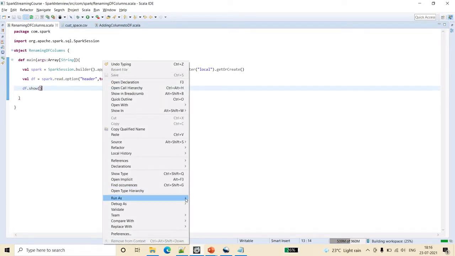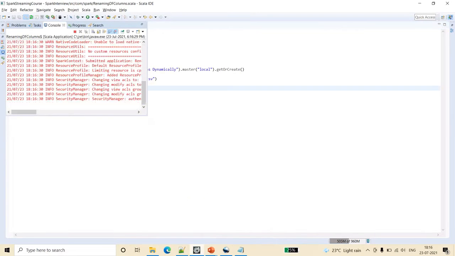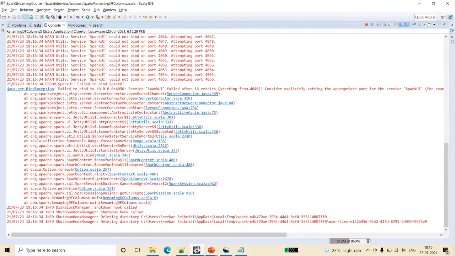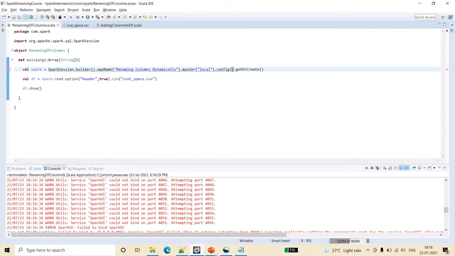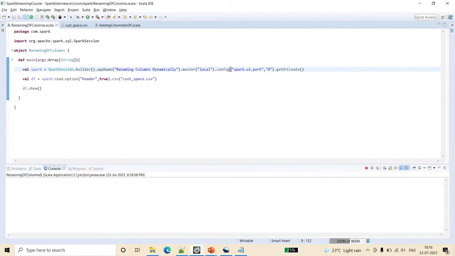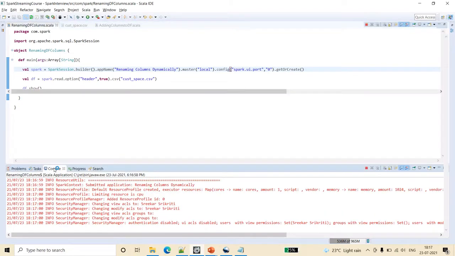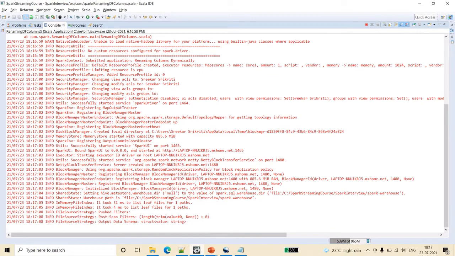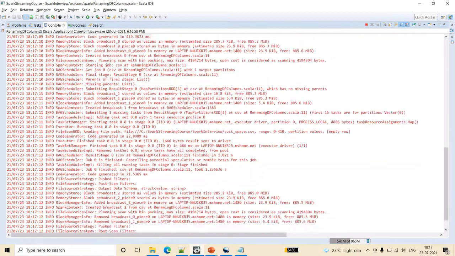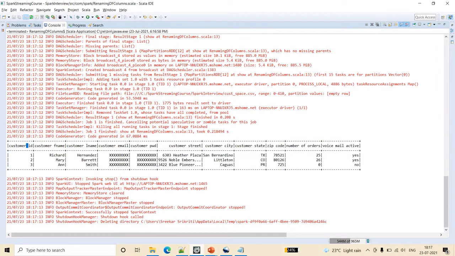Let's print this data frame to see what exactly the headers look like as of now. See, each of the columns has this space.